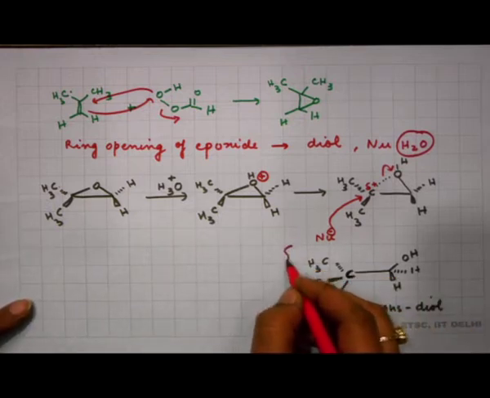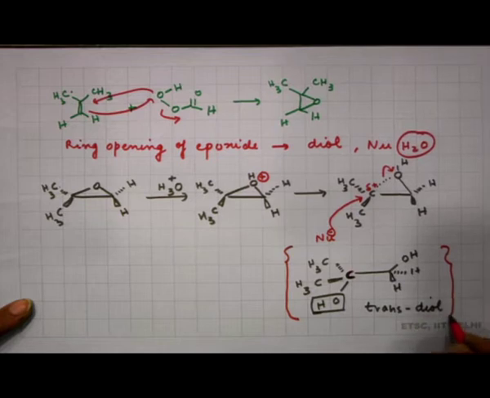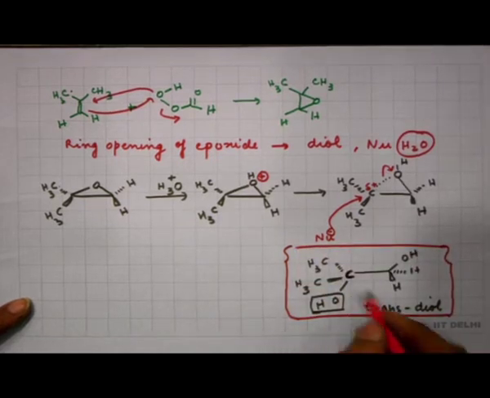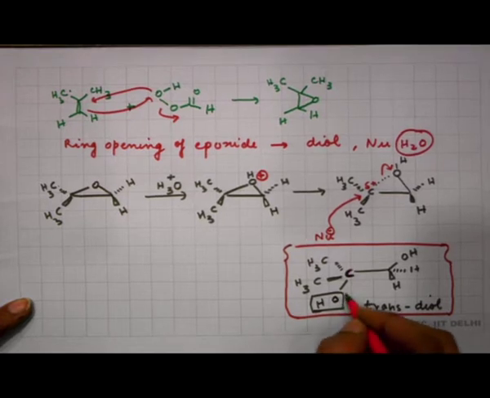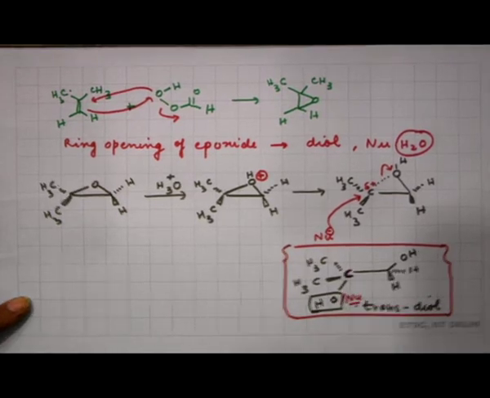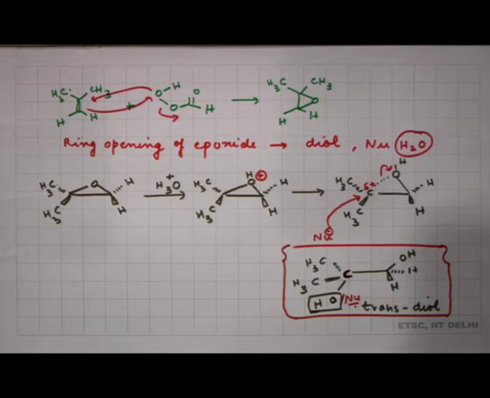So, this is important when you have an acid catalyzed ring opening of the epoxides: the nucleophile goes to the carbon which is more substituted, which is the preferred pathway for its